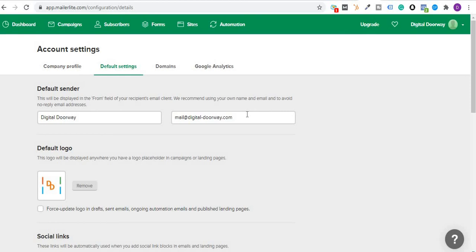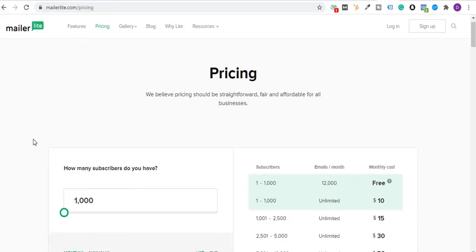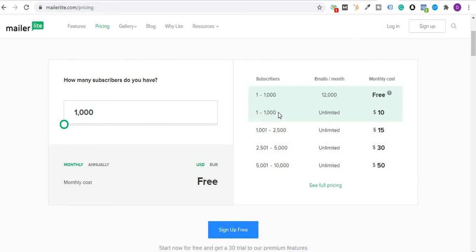And if you're on a budget, like I said earlier, then you can definitely consider this tool, because you're getting a lot of emails at a very nominal price, and you can send at $10 per month. You can send unlimited emails for up to 1,000 subscribers, which is great. Even if you have 10,000 subscribers, you can send unlimited emails at $50 per month, which is a very good price. So let me know if you have any questions on Mailerlite, and I'll be happy to